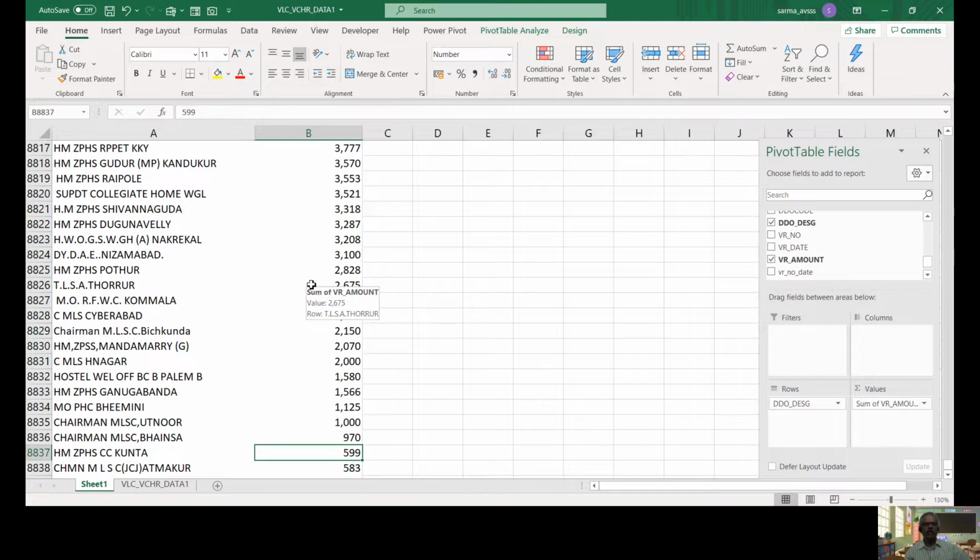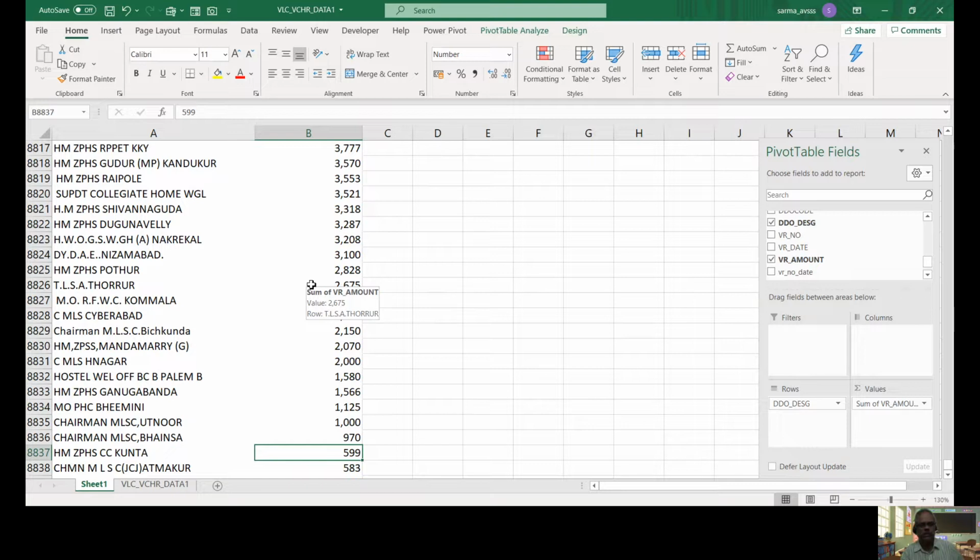So he spent only 599 rupees, so another question comes whether he is a regular DDO or not, or when he is supposed to draw salaries and there is no such expenditure. Because on average the minimum salary a government employee draws is 50,000. Even for 12 months, it is 6 lakh rupees, the minimum expenditure. Suppose there is only one employee there, just drawing salary, nothing else. Even then he is supposed to spend 6 lakh rupees in a year. But here there are so many DDOs who are spending 500, or 3,000, 5,000, 10,000 like that.